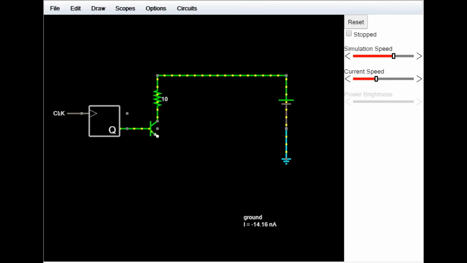Starting to lag up a little bit, understandably. Let me just pause the simulation. Okay, how about this? Does this look like a good circuit to you? Think about it for a second. It will drive the motor, but here's the problem.